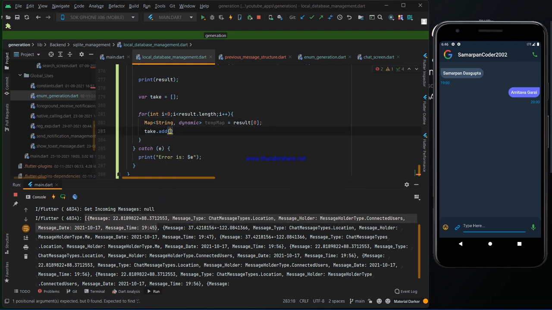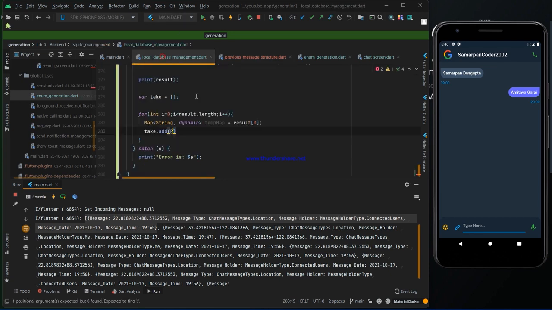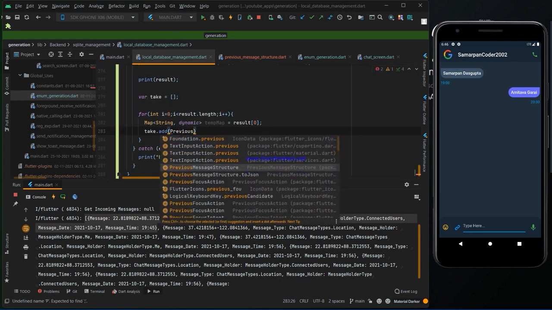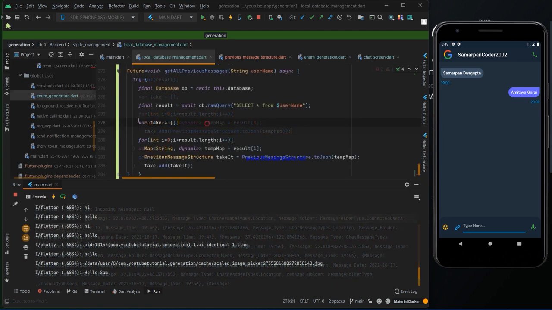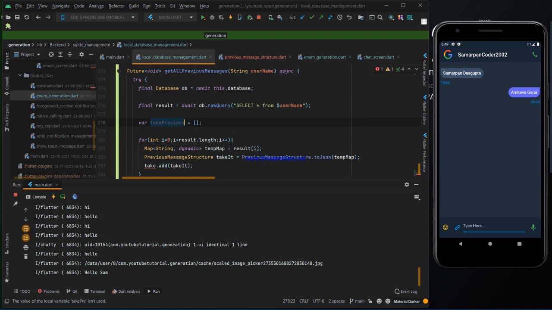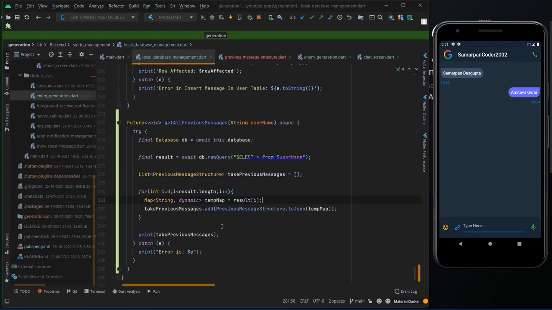We have to call the previous message structure toJson, and we have to provide that temp map as well. I changed that variable name so that it makes sense. Copy it, paste it. Now we have to return that list as well.